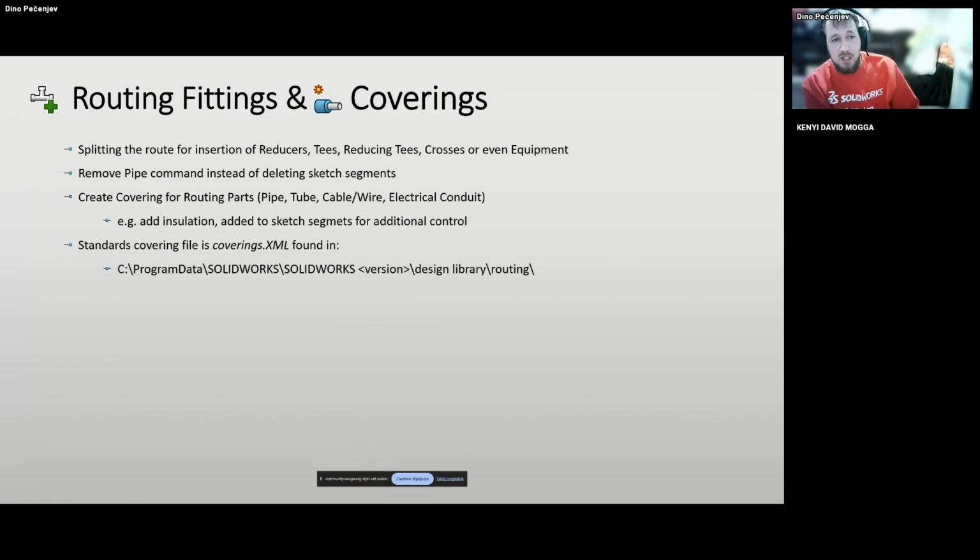Fittings can usually be placed where we split the route. We can do this route splitting manually, or we can just drop the fitting. I'm going to use all of these scenarios to showcase this.